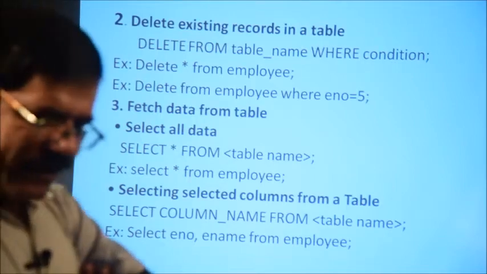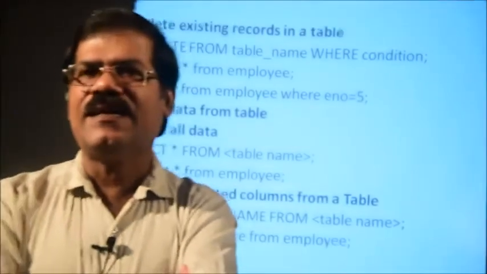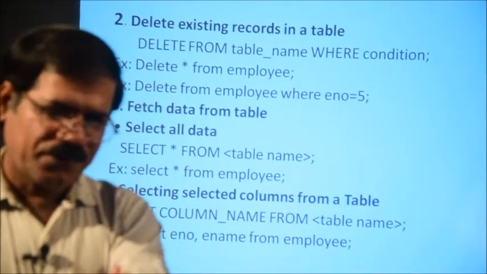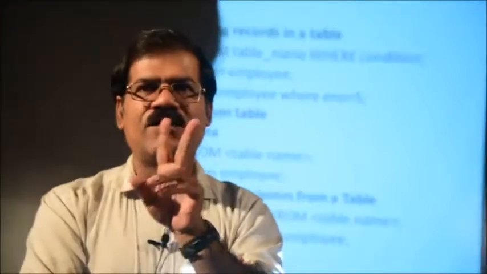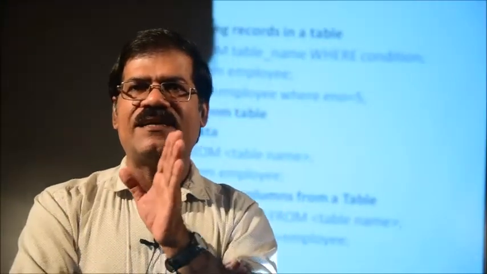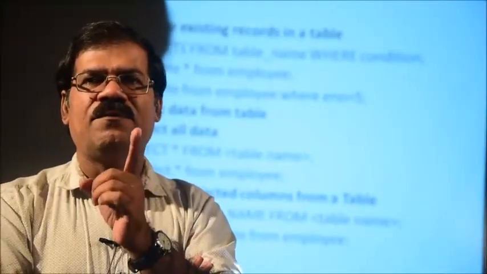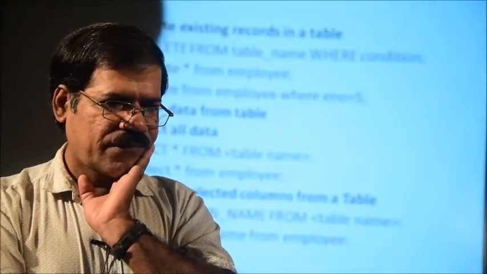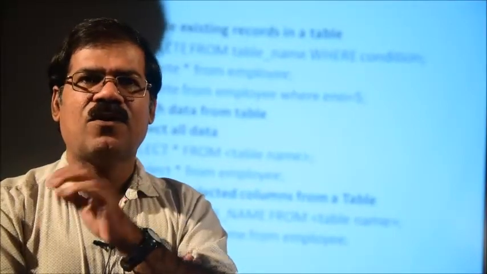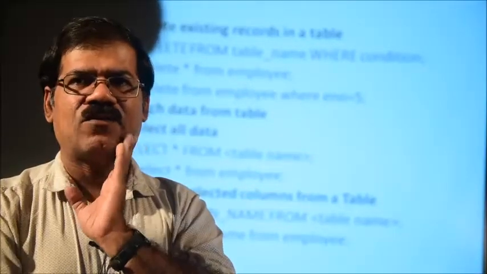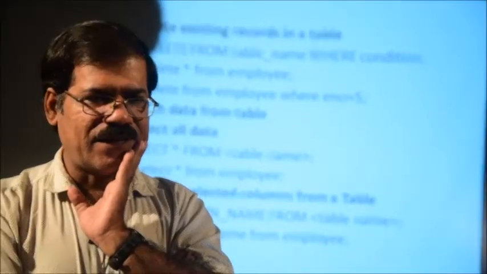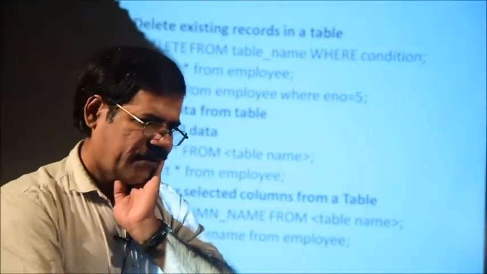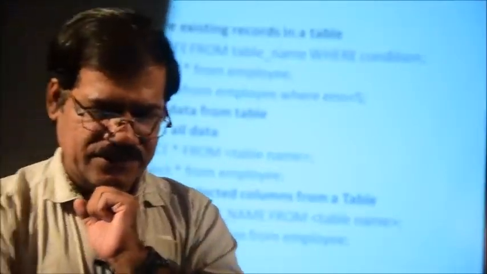So what is my requirement? My requirement is select employee name comma salary from employee, because employee is the table name. The employee table has, let it be, employee number, employee name, date of birth, email, salary. Your boss is asking, not all things, not detailed data are required, only 2 columns are required: only employee name as well as its salary. Not all the 5 fields are required to display.